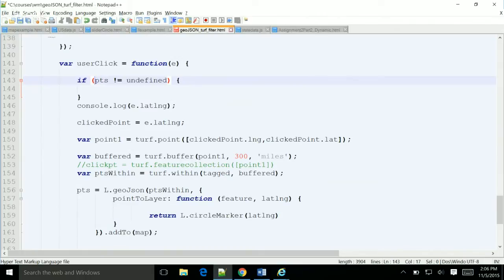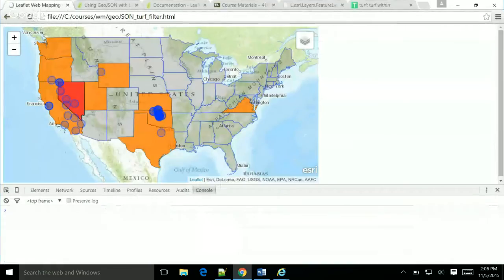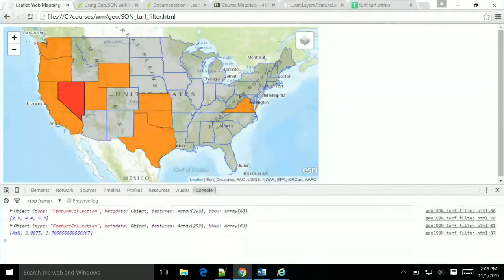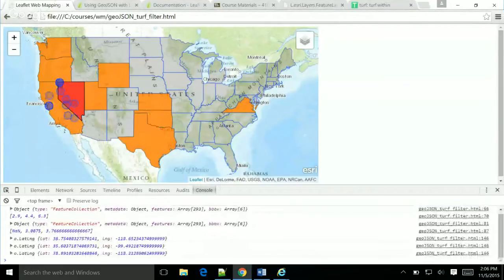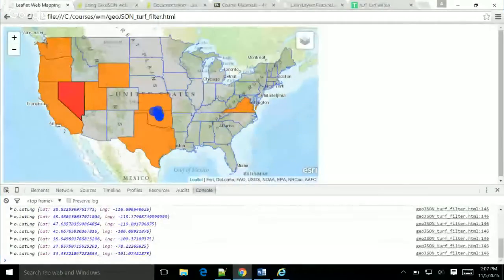Awesome. So if the points layer exists already, then I'm going to delete the existing points. I think it's map.removeLayer, and I say points. Now, every time I click, it's going to remove the old points and add in the new ones. So I'm always able to find those points that are within, this time I said, 300 miles